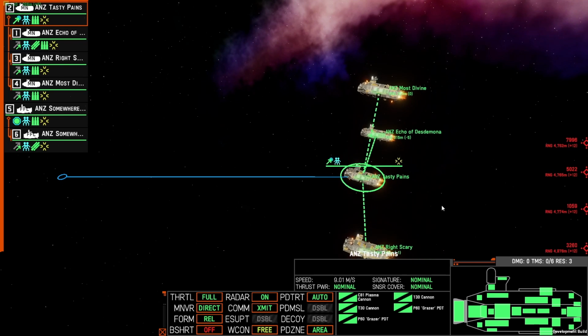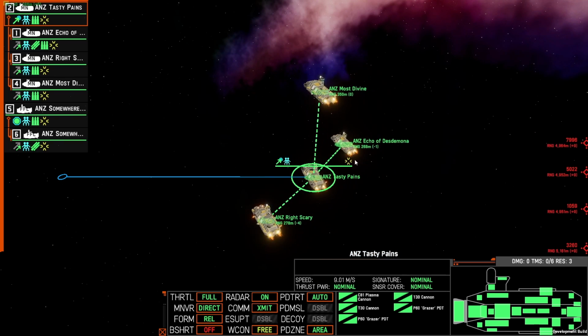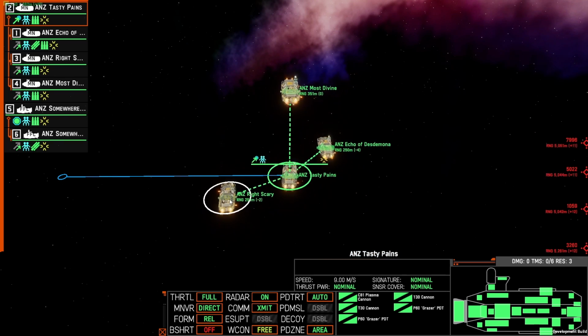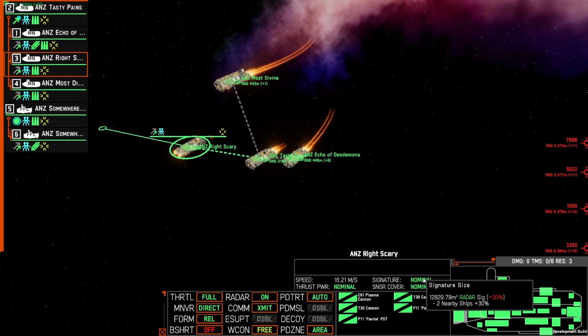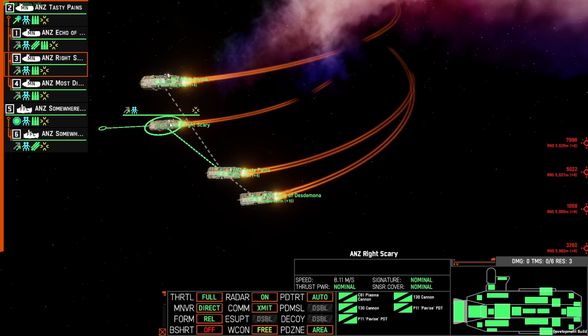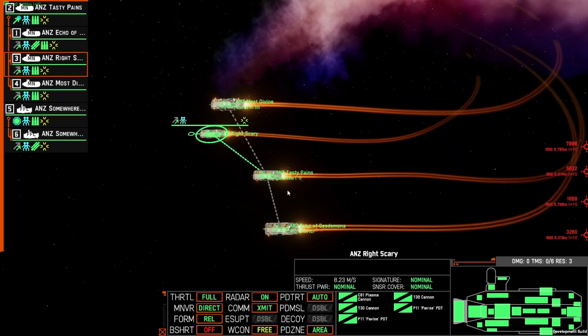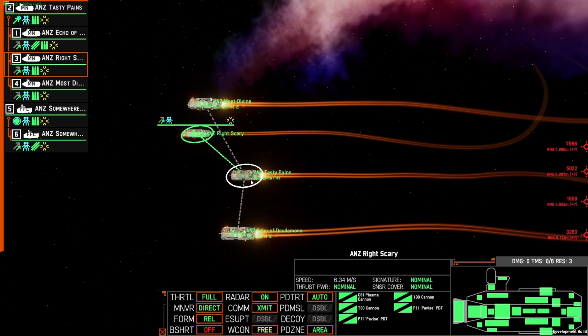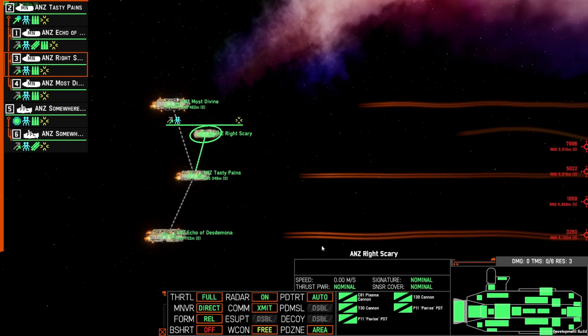Moving, it's going to cause all the ships both to collapse in and expand. So here you can see they start to drift within 250 meters of each other, causing the signature size to increase. The right Scary has reorientated itself, but the Echo of Desmonda was pretty close to the Tasty Pains for a long time. That may just give enough signature size increase that the enemy is able to identify